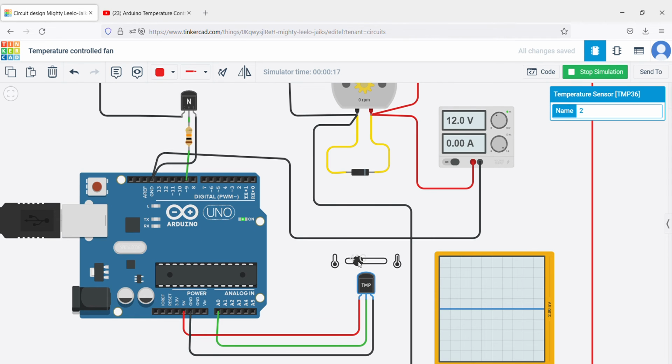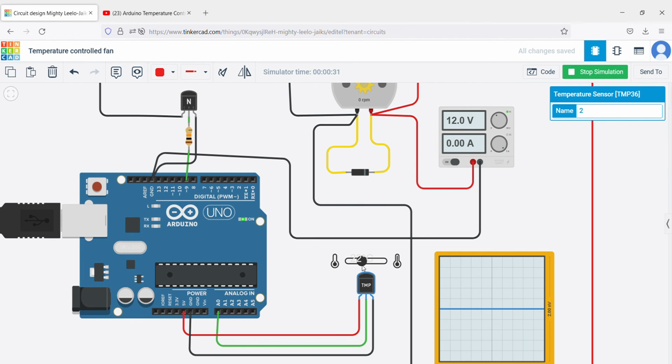Suppose I increase the temperature to 20 degrees Celsius, the motor still does not rotate. At 26 degrees Celsius, it rotates. At 24 degrees Celsius, it rotates, while at 22 degrees Celsius, it does not rotate. So it means that the cutoff temperature at which the motor starts rotating is between 22 and 24 degrees